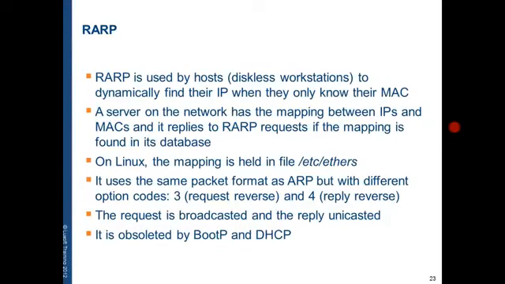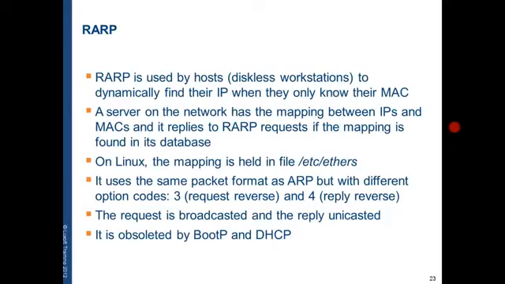The request for a RARP packet is sent broadcast because the host requesting it does not have an IP assigned, and it doesn't know the IP of the server, so it will reach throughout the whole network.